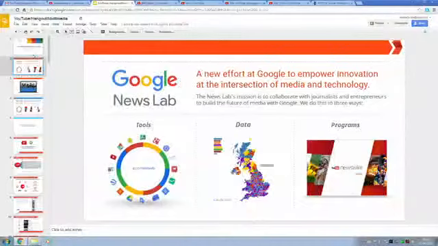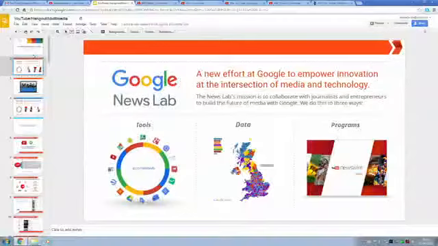It's more or less quite a new team, a new effort that Google has decided to foster to basically empower innovation at the intersection between media and technology. So it's a team that has a very specific aim, which is that of supporting journalists and newsrooms in the use of digital tools for the production of journalistic content. So there is a very wide range of tools at Google. Many people use many of these tools in their daily activities, but very often some of these tools can actually be better used or very well used as well to improve our journalistic production.